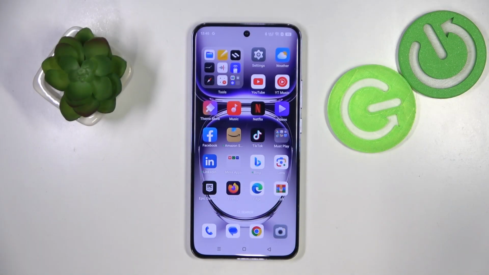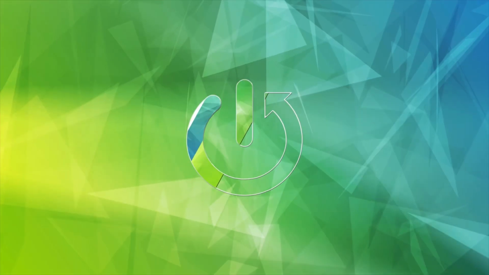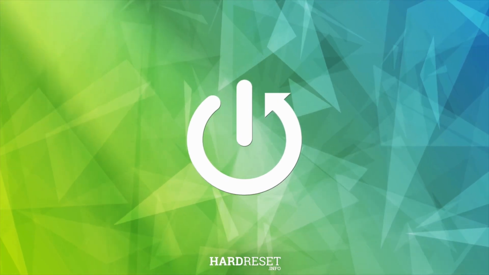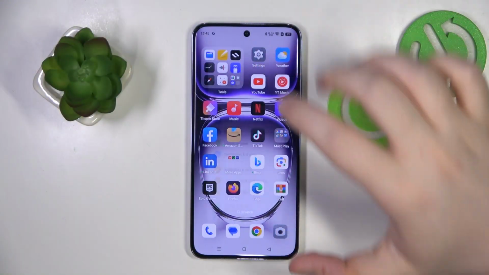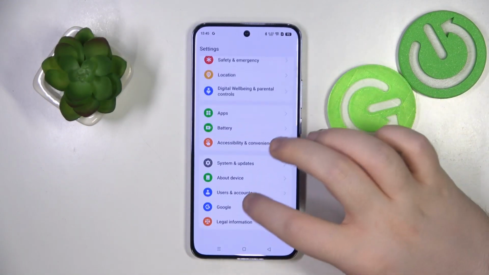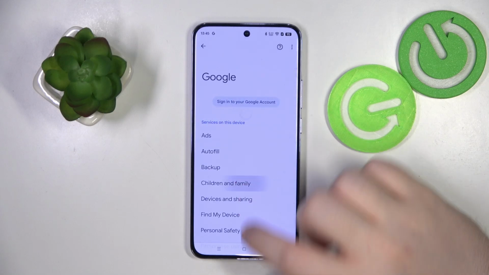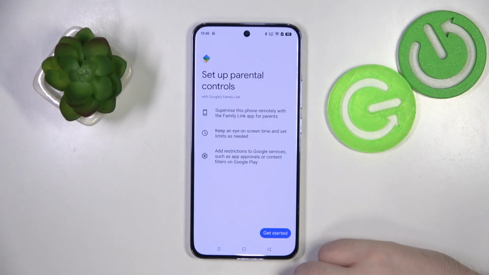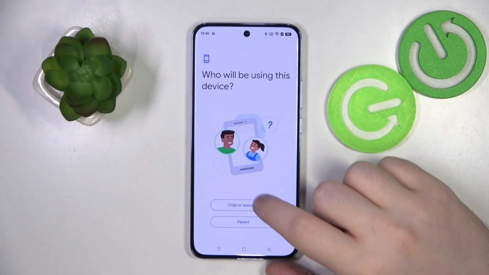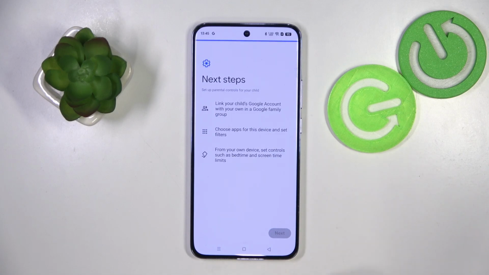Hello, in this video I will show you how to set up parental control on OPPO Reno 12 Pro. You have to start by opening your settings application and then scroll down and click on Google. Now click on Children and Family and then click on Parental Controls, then click Get Started and then select Child or Teenager. Now click Next